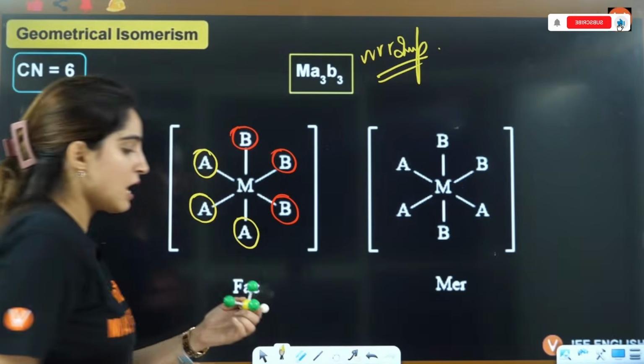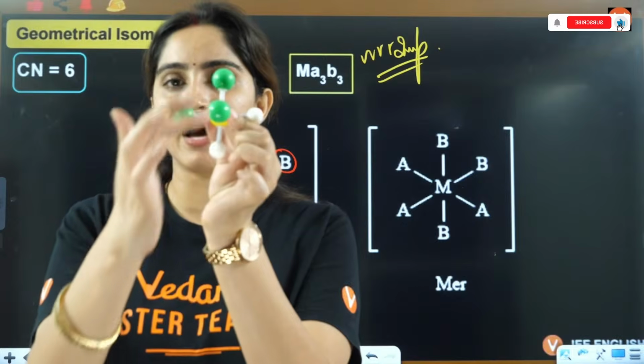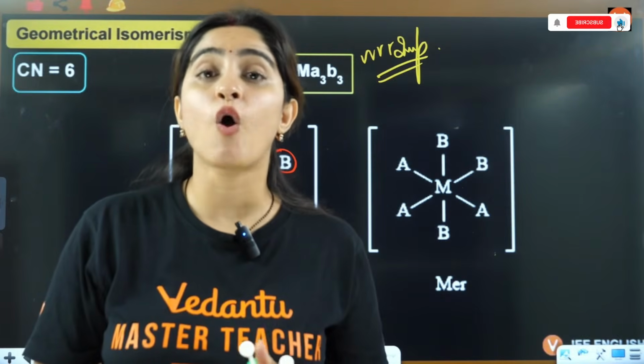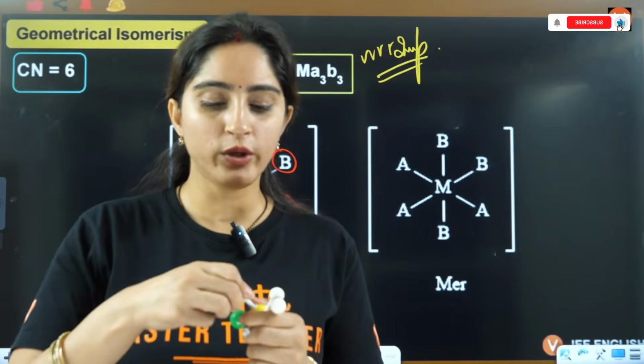Achha. Ma'am, what is meridional? Like facial, same ligands are on one face, same ligands are on one face. That's why it is called facial isomerism, right? And if you talk about meridional, here